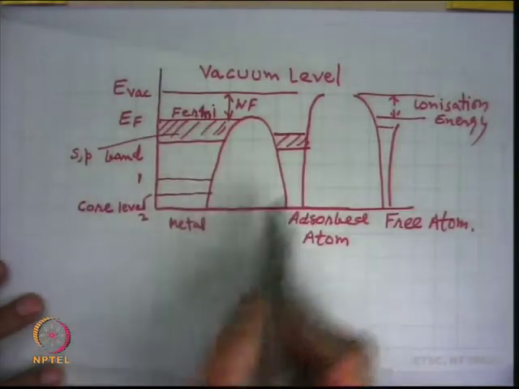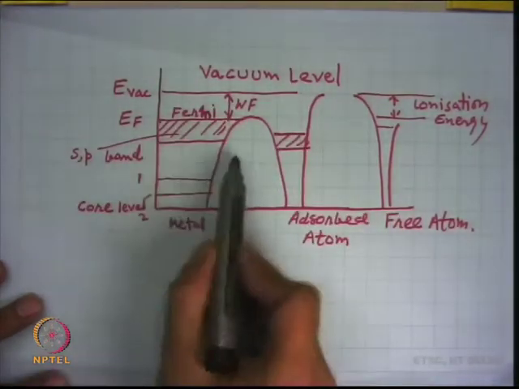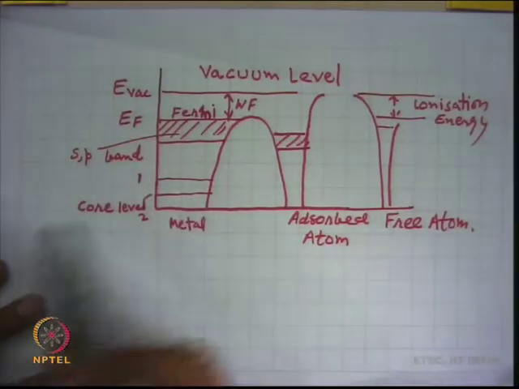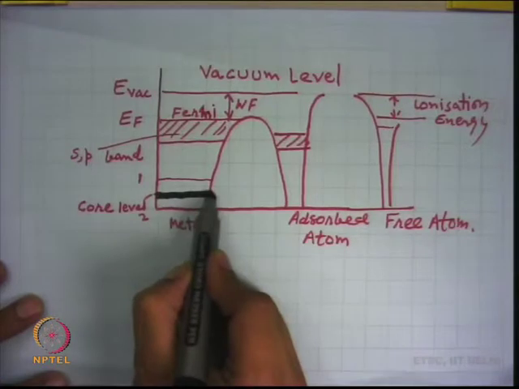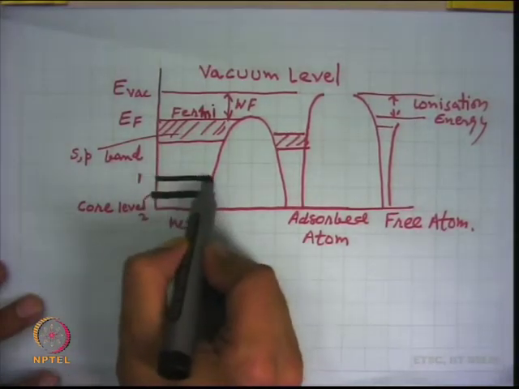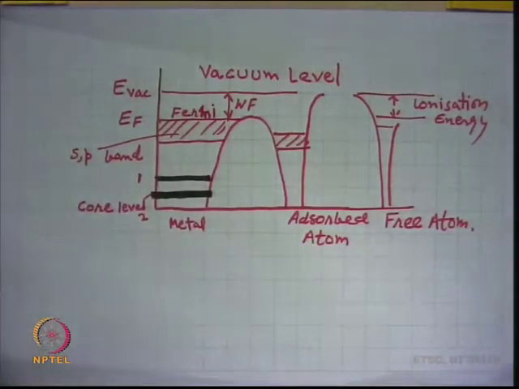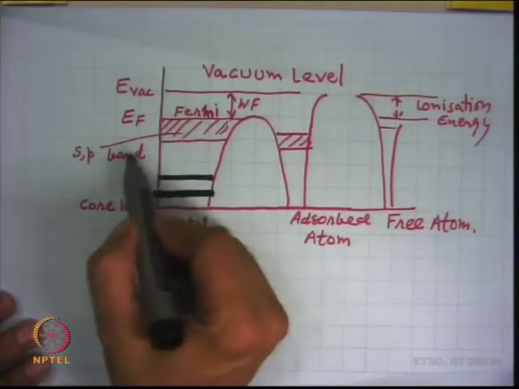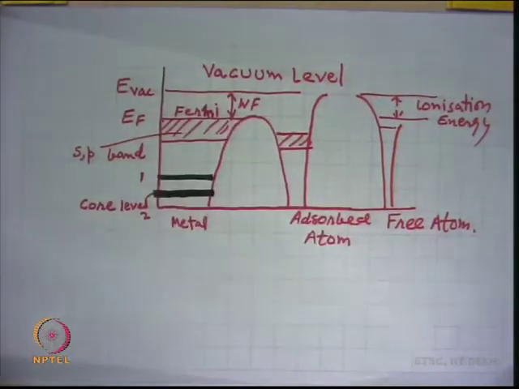So, this is the kind of structure of the electron atomic structure in a metal atom. This is a core level, like here. You have different core levels, core level 2, core level 1, based on their SPD bands. So core level 1, core level 2 depends on the total number of electrons which are distributed. And this is your SP band here, where the electrons are free and just filled here.